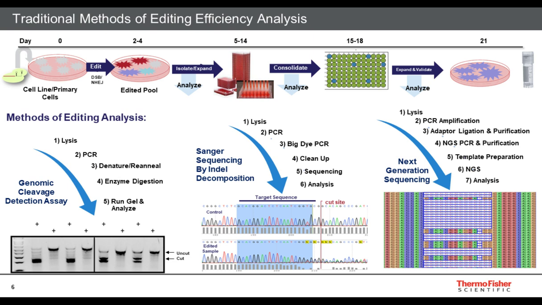The next level of rigor here would be using next-gen sequencing. Very similar, again, as far as the steps. You go through lysis, PCR amplification. It's a little more involved, though, with NGS. You need to go through a few additional steps, such as adapter ligation, purification, another PCR, which is the NGS PCR reaction and purification, and then prepare the template, and then go through the NGS and analysis. And this, again, is still very useful. It is definitely an appropriate method when you're doing your final quantification and your off-target analysis,